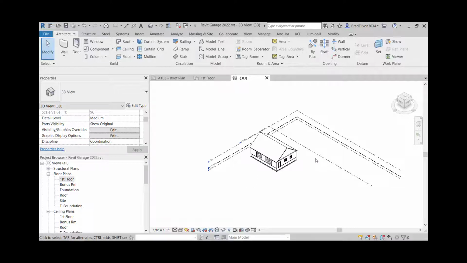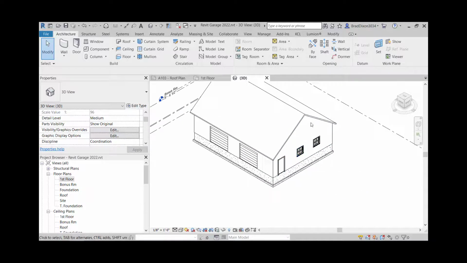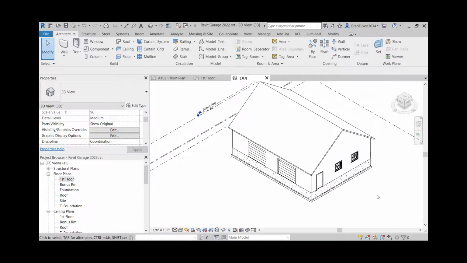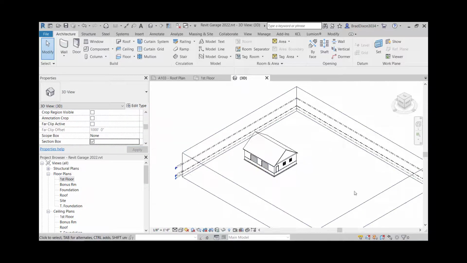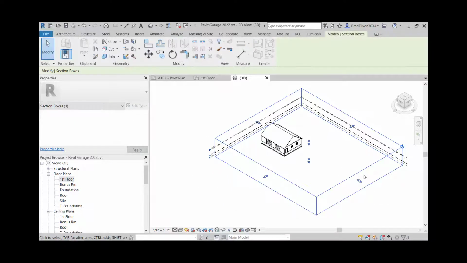So in this example, what I have is my basic 3D model of my garage. I can come over here with nothing selected, go to my view properties, and within here I can find section box. We haven't looked at this before, but basically if I check this, it shows me a box like this. Once I click on that box, I can just grab these arrows,